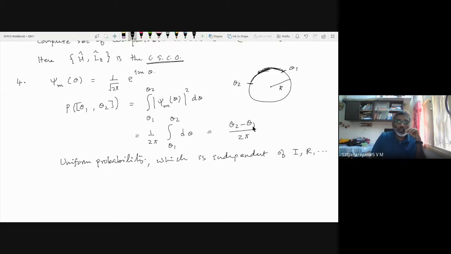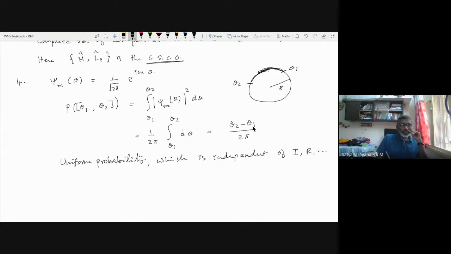But the point that I am trying to make here is that this is acceptable because any physics is not coming from the expression of probability, but it is coming from the